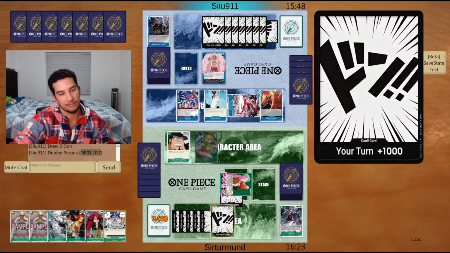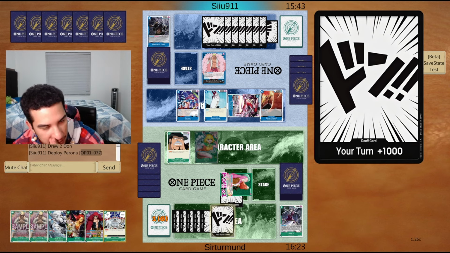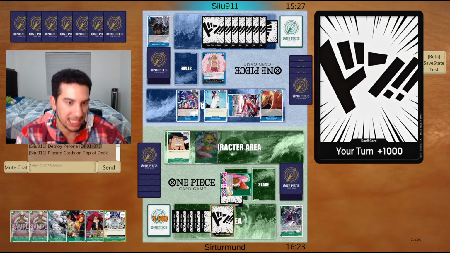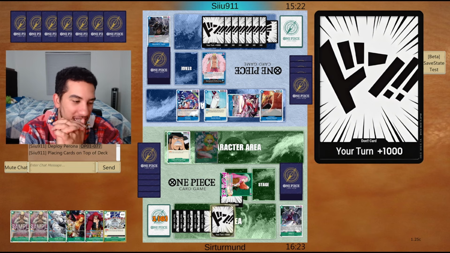Next turn we have 9, so we could go Shanks and just wait out the kid until later. Could also go Hody Jones at any point. Because, I mean, if I had a Rosinante, I would feel better about this kid. Maybe it is...